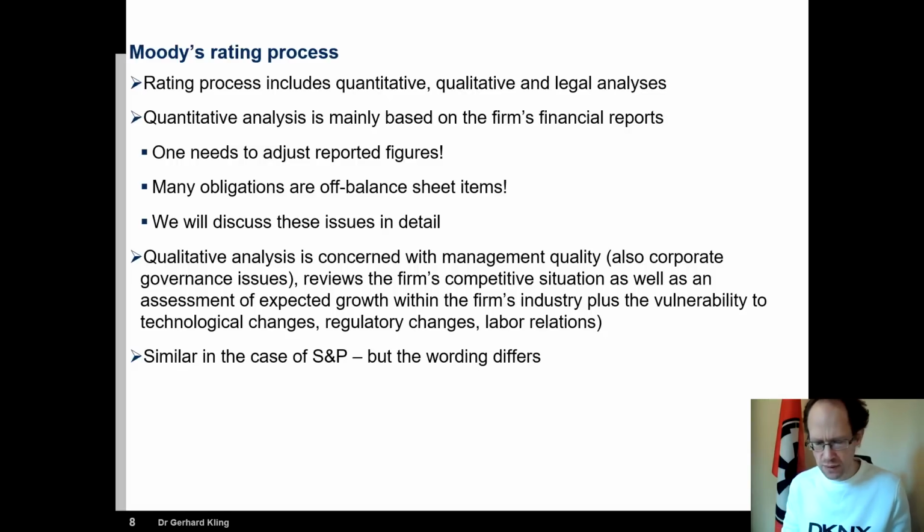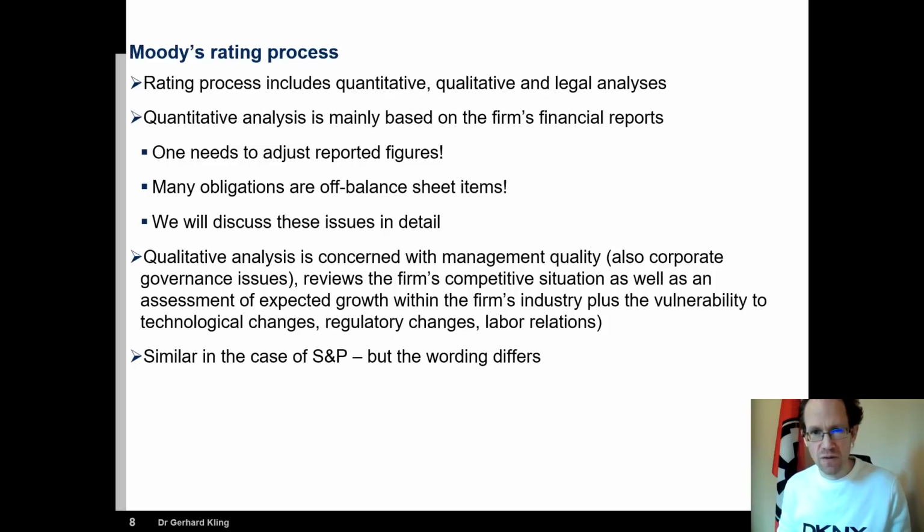It's very rare you get this access. In fact, in one of the projects I worked on, we had this access with Moody's, where we could look at their database, and that was in the context of understanding credit risk and climate change risk, because they now increasingly try to incorporate these factors into their assessment. So I talk here more about the Moody's rating process because I know more about Moody's than S&P. Of course, they will follow similar approaches, but not all of it is always open to public